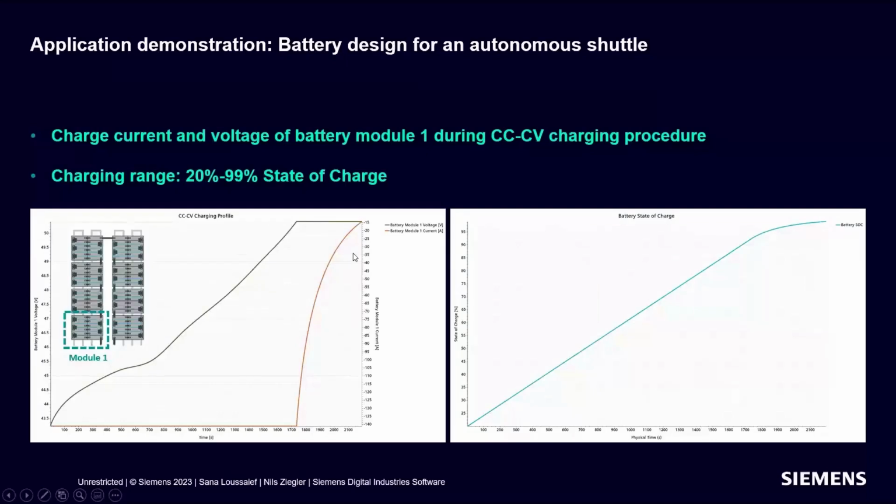This is the area where the current is decreasing in a nonlinear manner and where the voltage is kept constant. Inside this plot, you see the voltage of the first module inside the battery. And as already said, we charge here between a range of 20% and 99% state of charge.